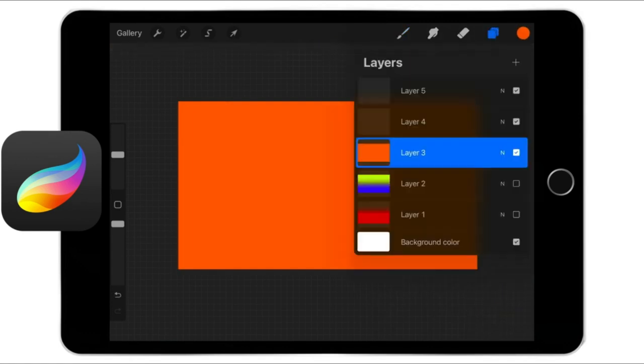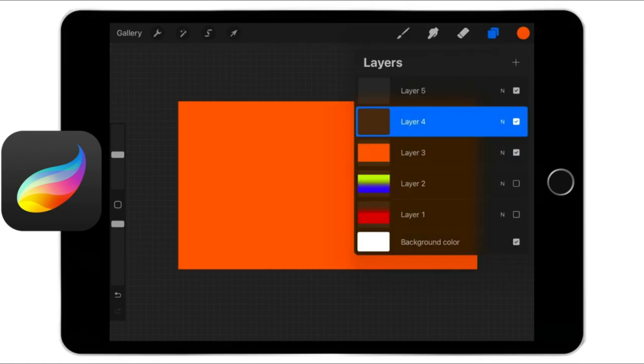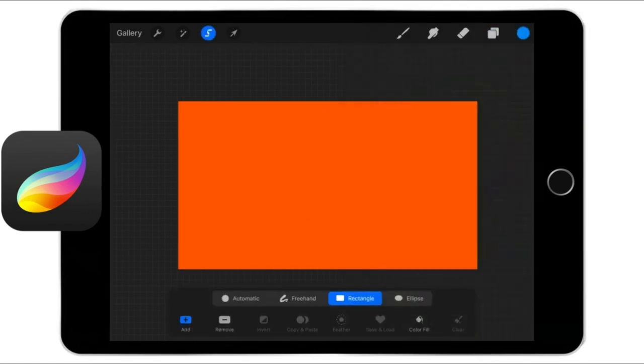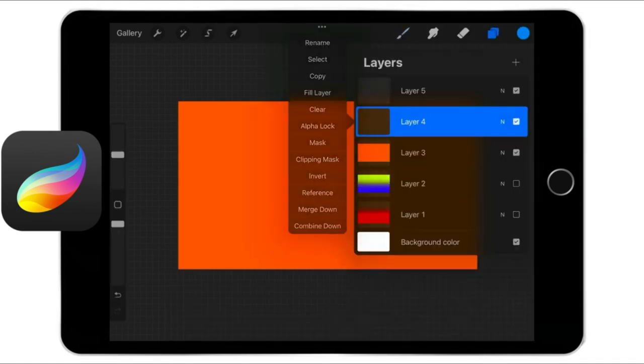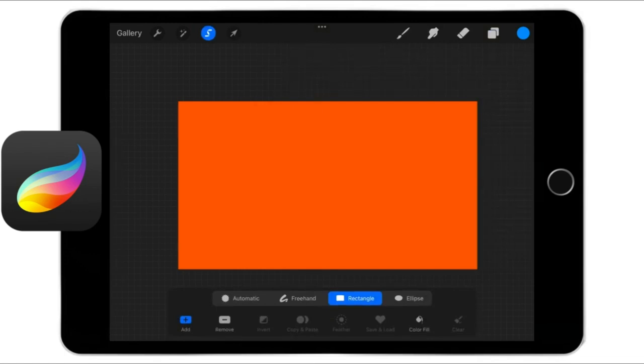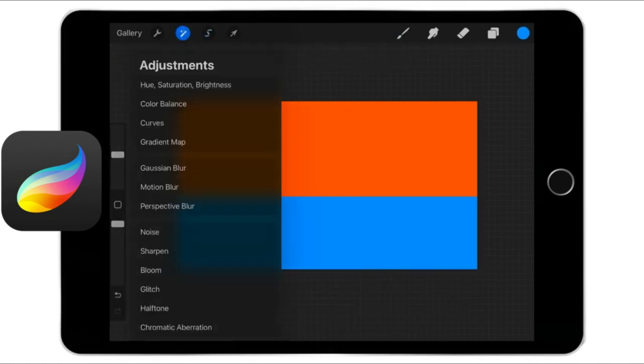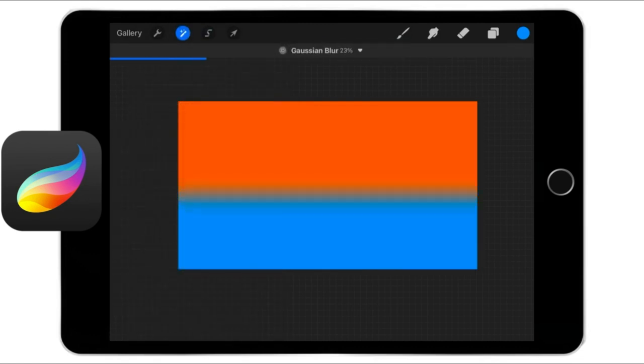Now we're going to go into layer 4, pick a new color, we'll select this blue, go back into our selection menu, make sure rectangle is selected, make sure you're on layer 4, and let's create a selection at the bottom. Now we want some of this orange color to come through, so just under the middle of our canvas and drag down, and now drop our new color. Deselect, magic wand, Gaussian blur, left to right, 42%,